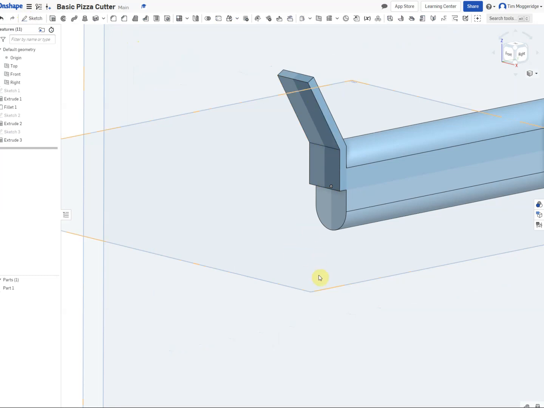I'm now going to mirror this so that I've got the full guard in place. So I'm going to use the mirror tool. I'm going to go to mirror, and you see it's a part mirror to start with. I don't want to mirror the whole part. I want to mirror the feature that I've just done. So I'm now going to select the feature,